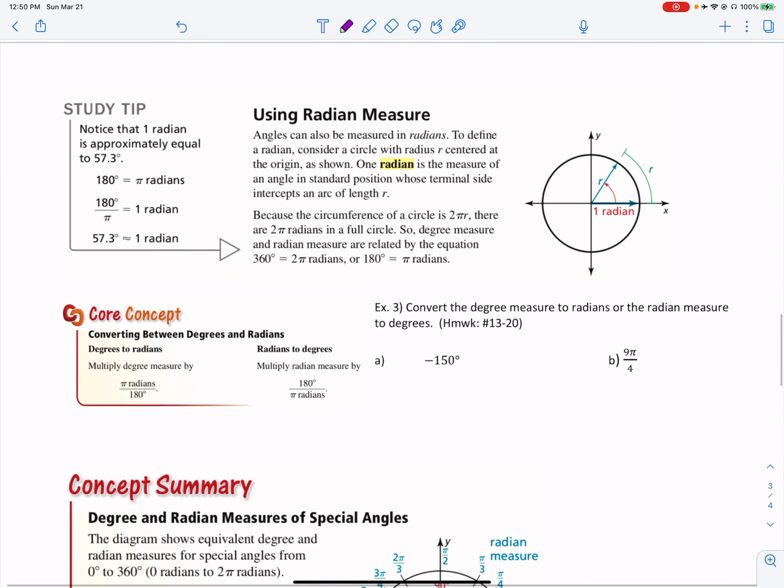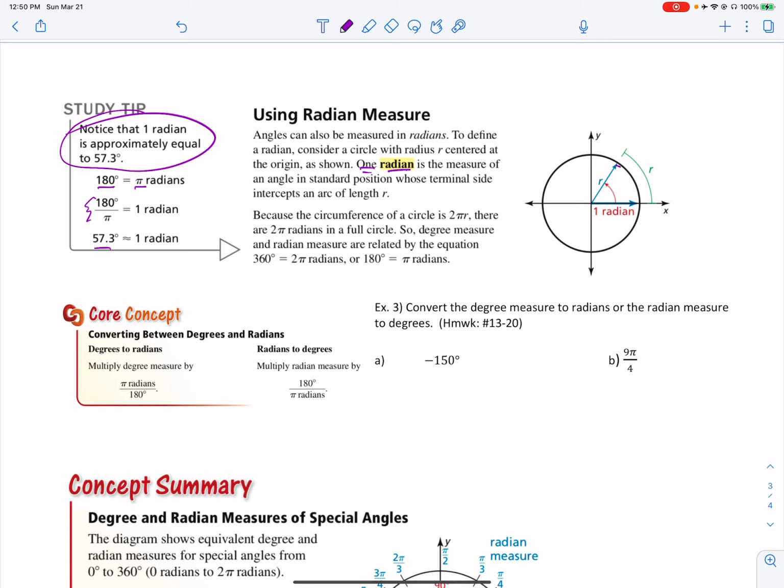So then you're going to be using radians. And one thing that's helpful to know is that 1 radian is about 57.3 degrees. 180 degrees is pi radians. If you divide 180 by pi, you will get that 57.3 degrees. And 1 radian